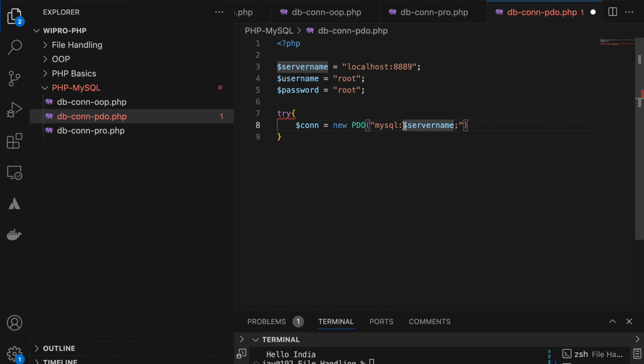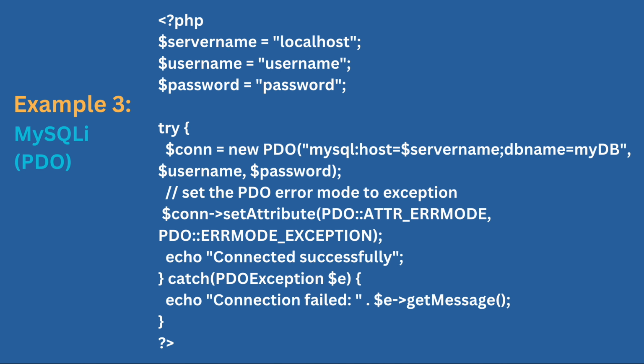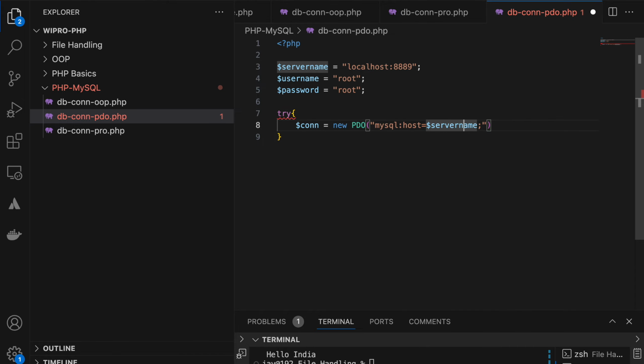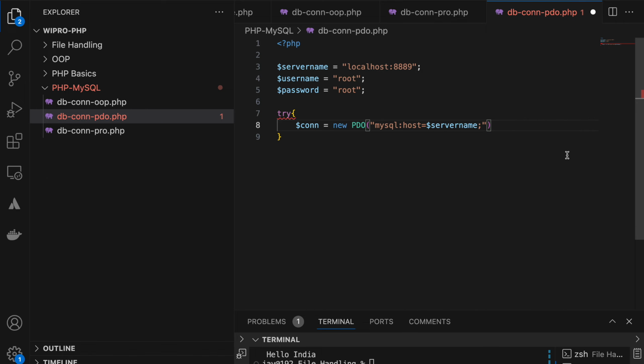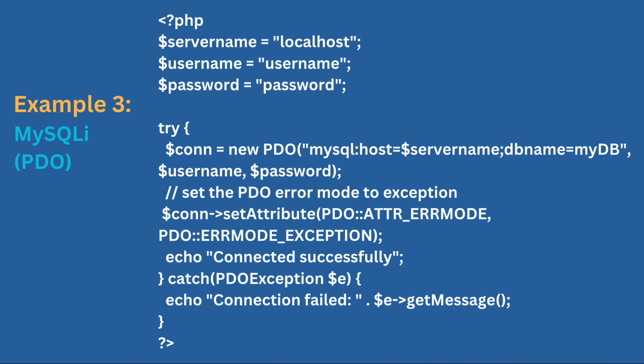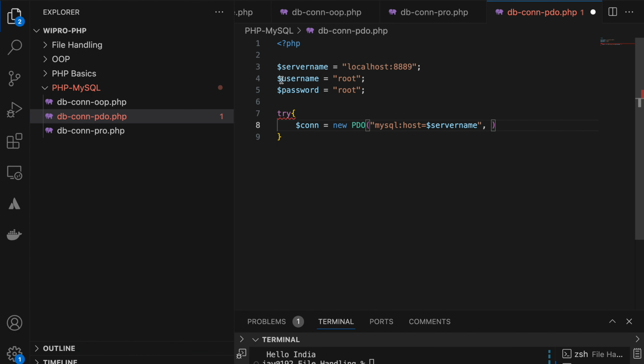First I give MySQL, then host equal to, then colon, DB name is there, we may supply it, or let us see without DB name, then comma, username and password.